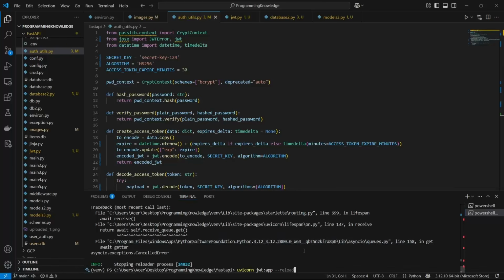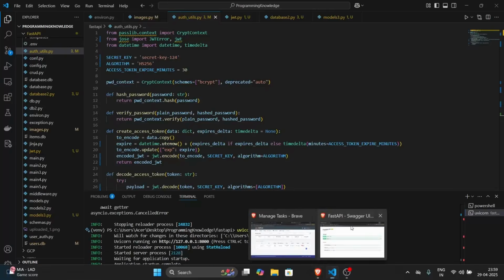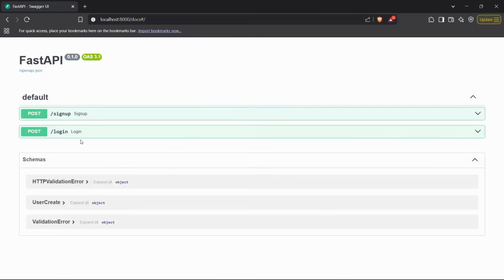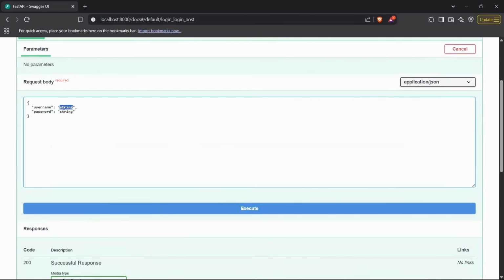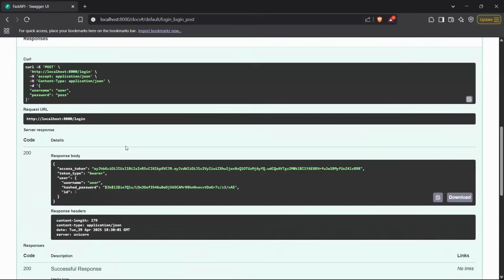So let me turn my application on here, and I'll just go here. All right, so I'll reload it. Perfect. We had created a user previously, which had the username as user and the password as pass. So I'm going to pass those arguments here, and I'll execute this query. All right, as you can see, I have got the response, and we have got the access token inside the response as well. So now we'll use this access token to basically protect a route and also